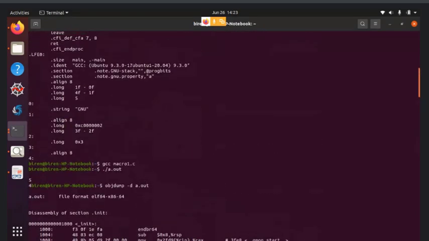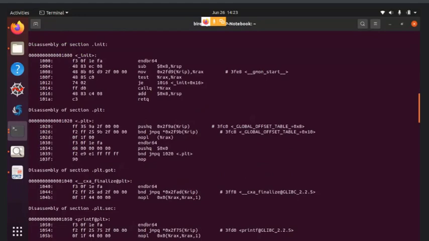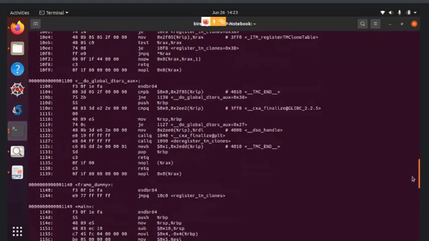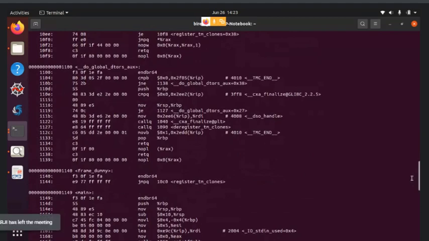Yes or no? So using this we can determine the length of the code. Am I clear about this? How to determine the length of the code? Yes, sir. Okay, this is not part of your syllabus, but this is for your information.